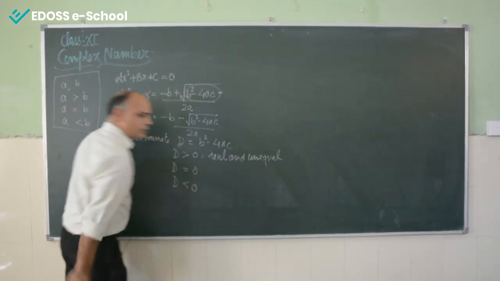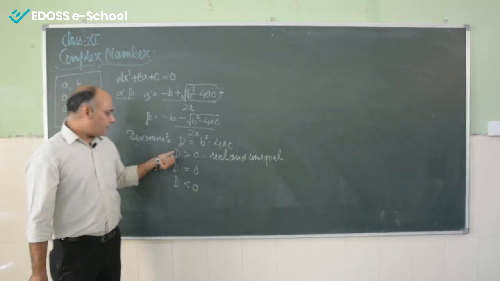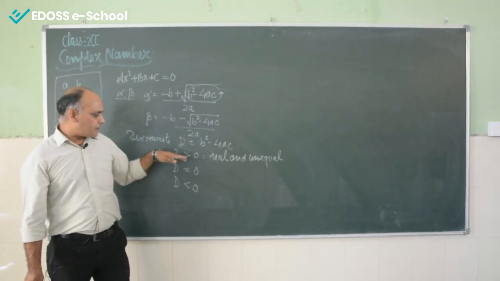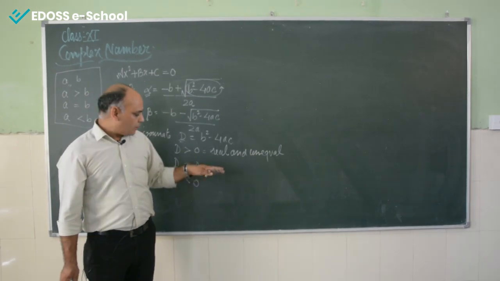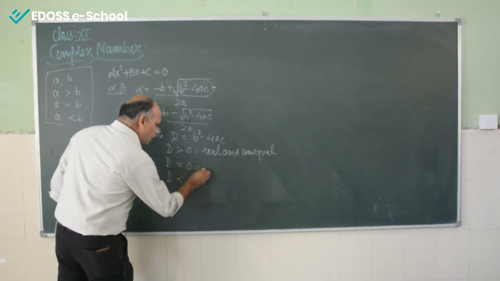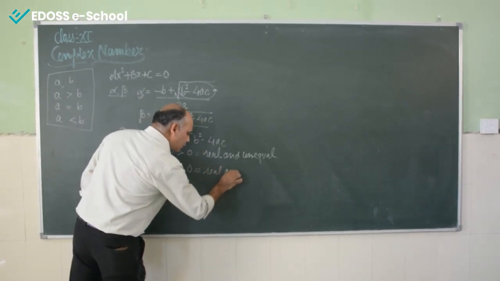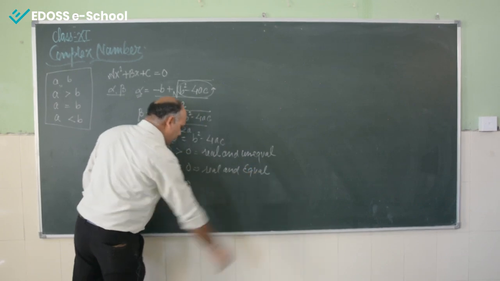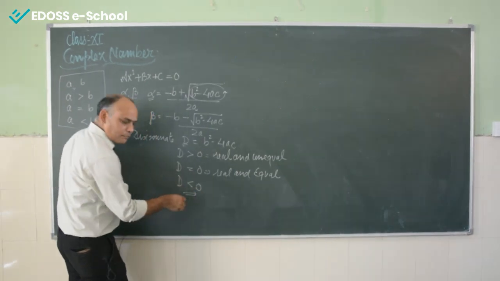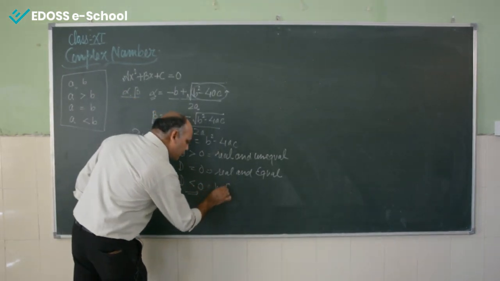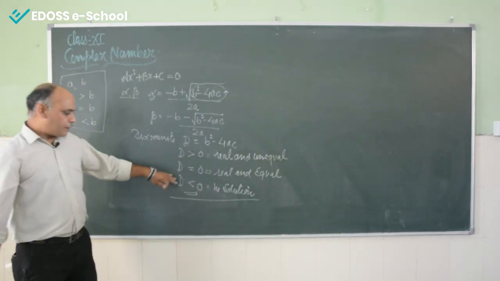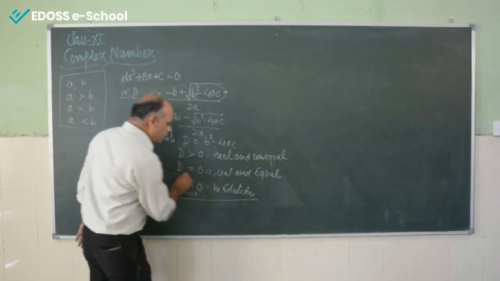This is the study of class 10th in the quadratic equation. If D is greater than 0, meaning the discriminant of ax square plus bx plus c is greater than 0, then the roots, meaning solutions, are real and unequal. If D is equal to 0, then we say the roots are real and equal. Now if D is lesser than 0, it will be a negative number, and here it was no solution. In your book it was written that if D is lesser than 0, then there is no solution.